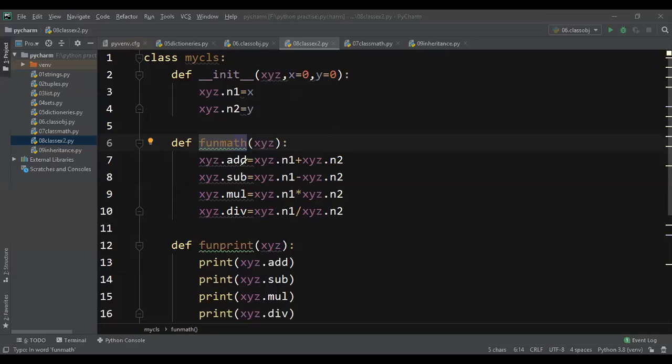I'm doing the addition. I'm creating one more variable called add equal to n1 plus n2.